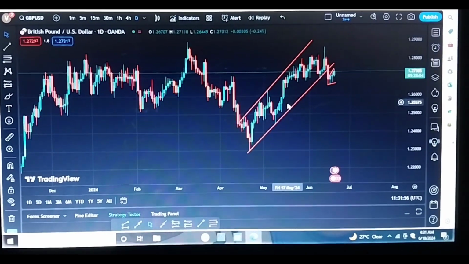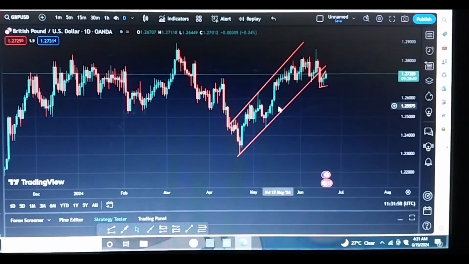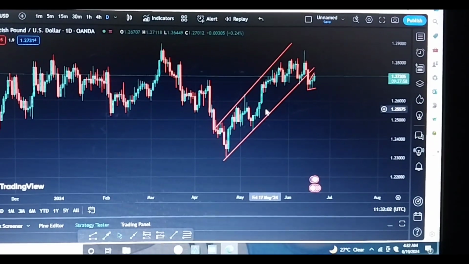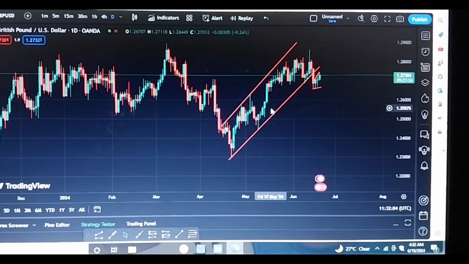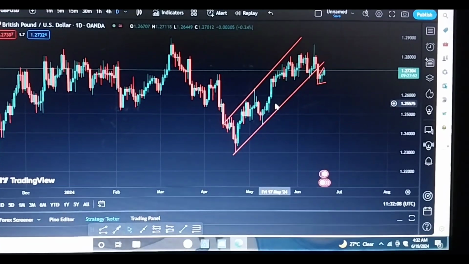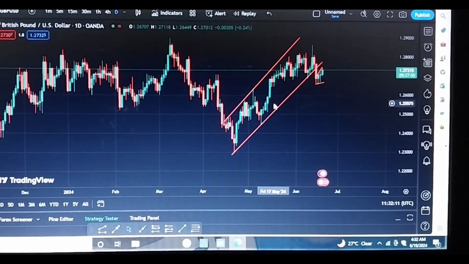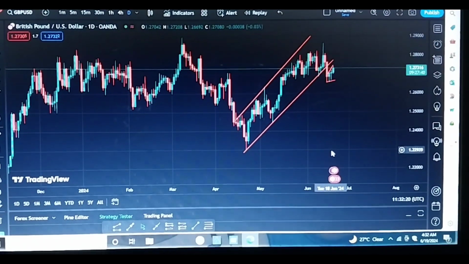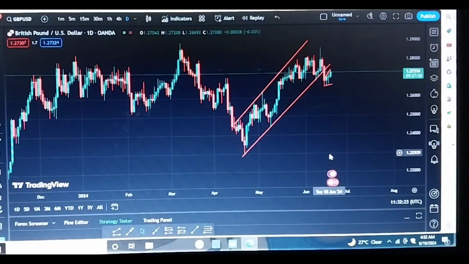Right on the screen is a bearish pattern, right? This is a bearish pattern. And what does a bearish pattern mean? It means it is a selling signal, right? It is a sell signal that the market is going to sell, it's going to come down. For those of you who are not that familiar with the forex market, that is simply what it